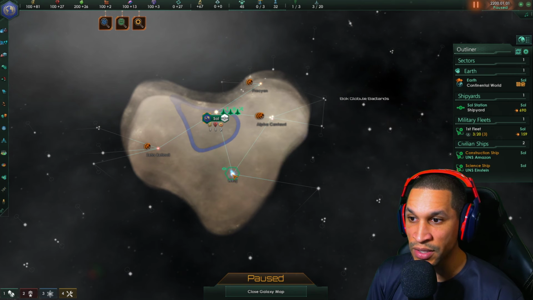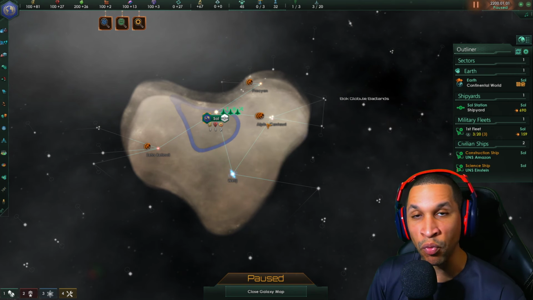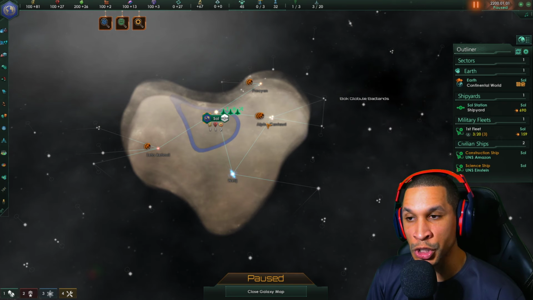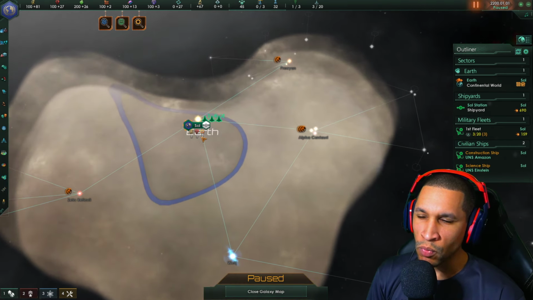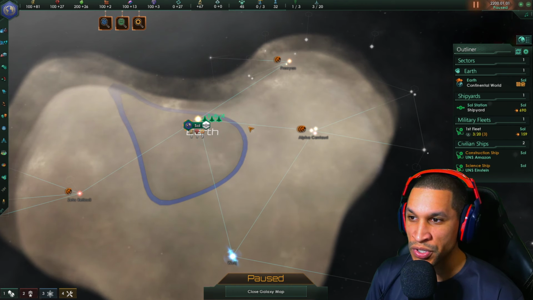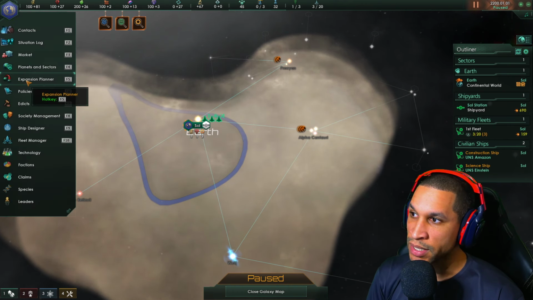These lines are leading to other planets. Think of these as like roads to other systems. That is going to be the only way your ships can travel from one system to the next. And so we'll talk more about what we're seeing here in a moment, but next up, let's go to our